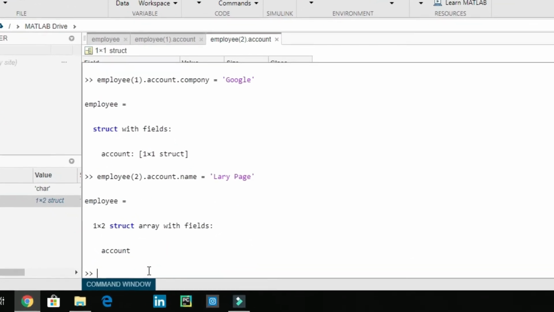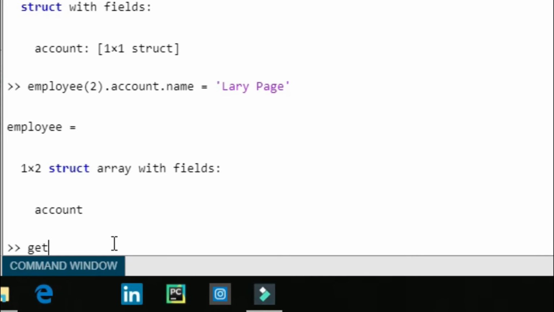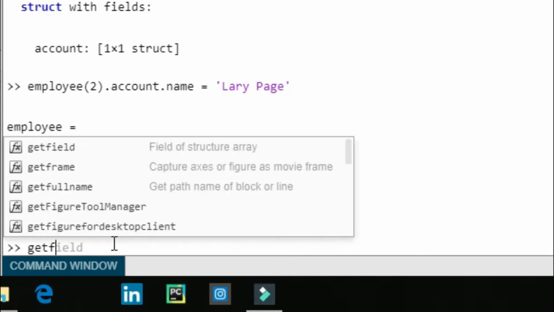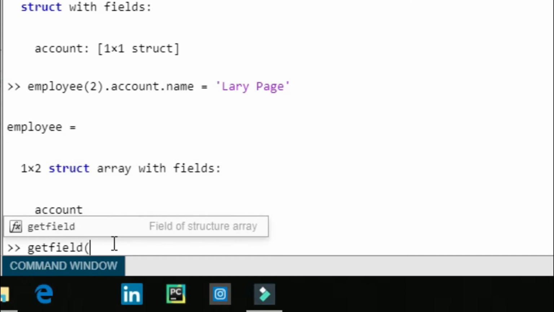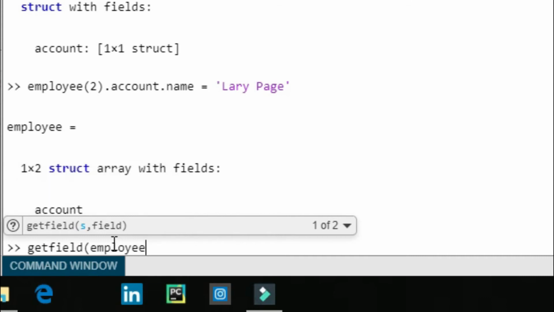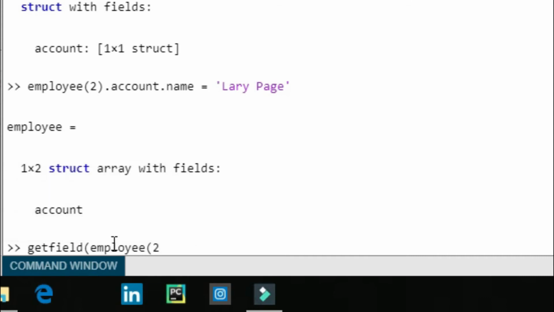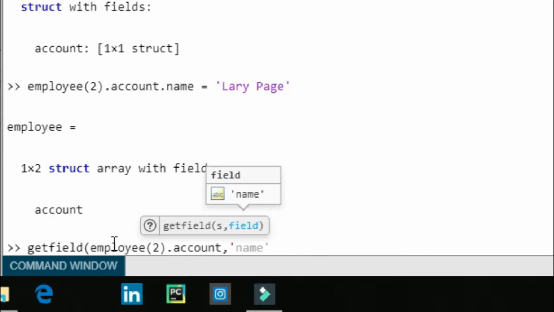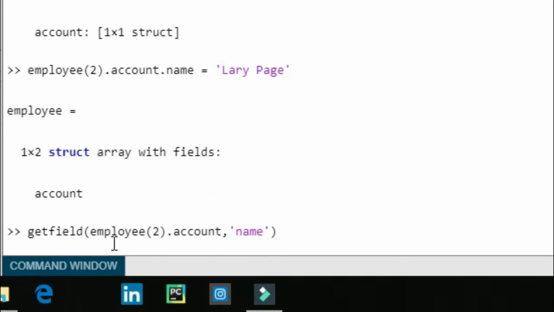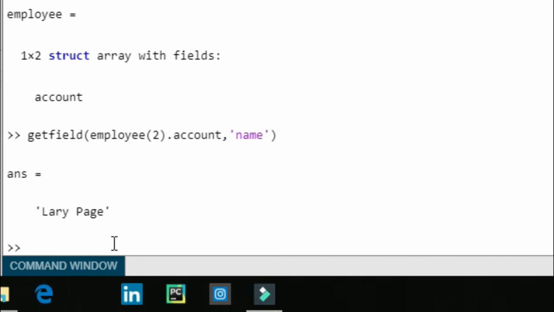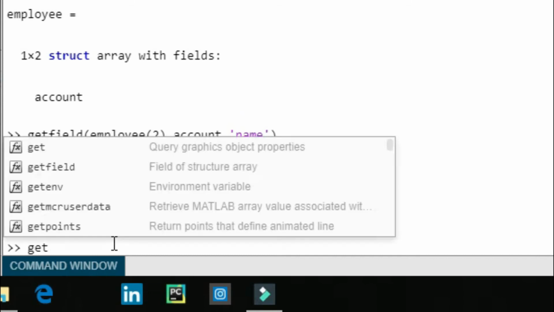Now let's try to get a field by using the getfield function, meaning it gets the field. So getfield(employee(2).account, 'name'), enter. The second employee is Larry Page, so that gives the name.